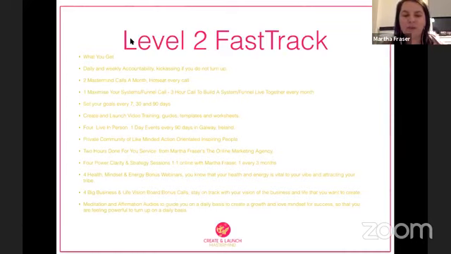You're also going to get 4 big business life vision board calls. And this is so important because it's one thing setting your goals every 90 days, but it's another thing taking the time out to actually create them, and for you to up level in your mindset, for you to up level in your vision of what you want to create. So that's the big vision board calls.